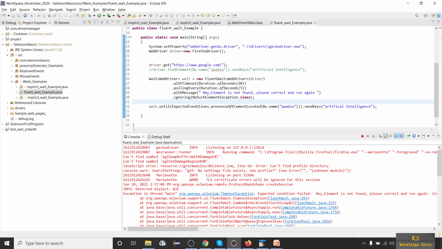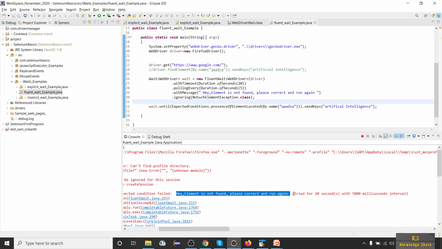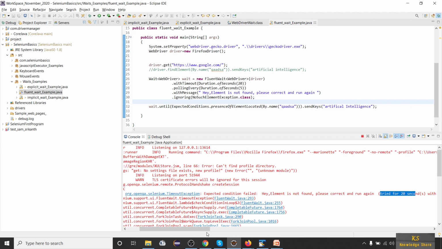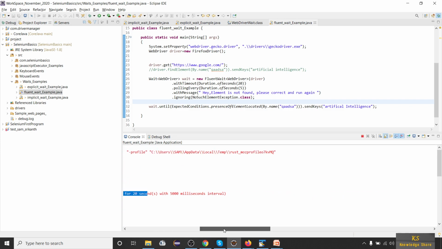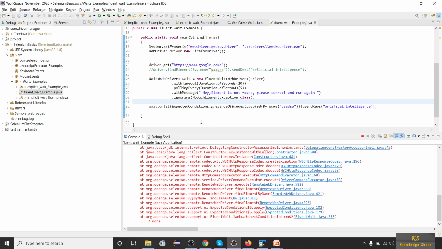You can observe here expected condition failed, and see the message here: hey, element is not found, please correct and run again. So by this the user will understand the custom message, and also as usual the default message tried for 20 seconds with 500 milliseconds interval is also displayed. So this is how the fluent wait works.